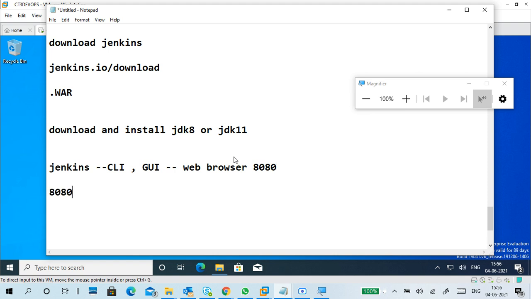But 8080 can also be used by Apache HTTPD or Tomcat servers. If you want to install those in your machine, whether virtual or physical, they take it over.